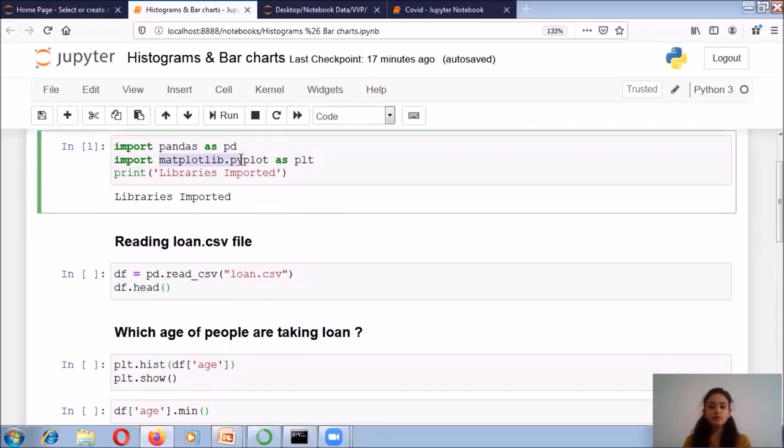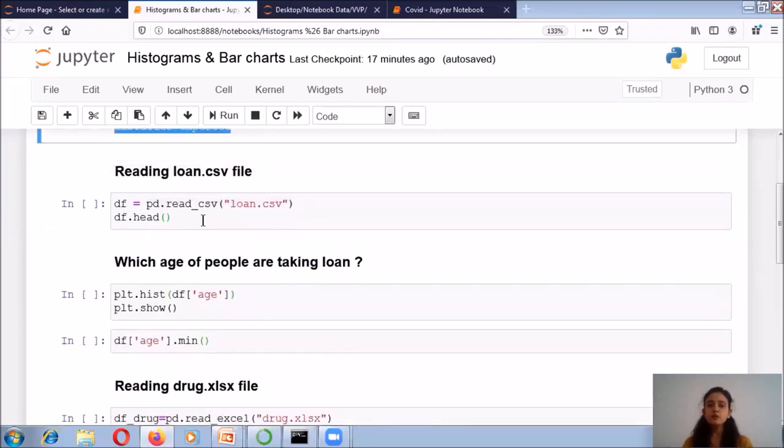Because I want to draw graphs now, and the graph functions are present in this matplotlib library. Using the different functions in matplotlib, we can easily plot histograms and bar charts. First of all, we have to focus on histograms. So I am printing a statement that the library is imported. If my pandas and matplotlib libraries are successfully imported, then this print statement is printed on my screen like this.